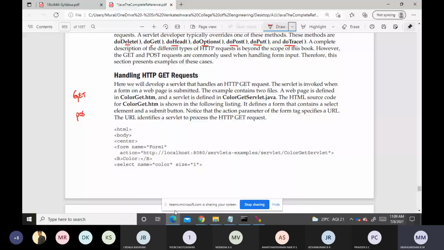Yes, sir. Okay. So keep it in mind. On a client machine, we will create a form.